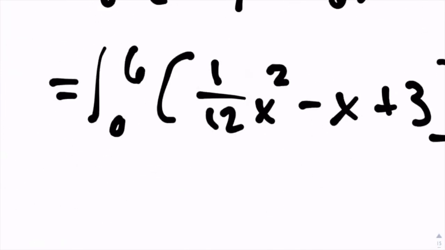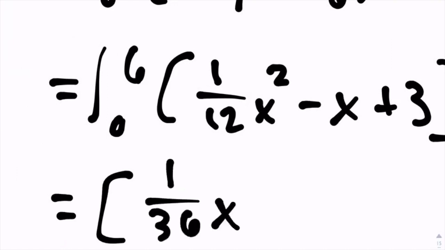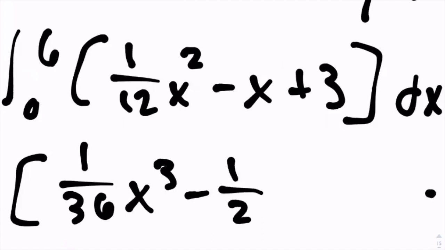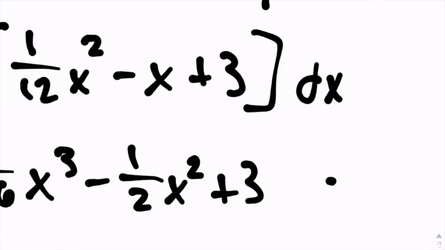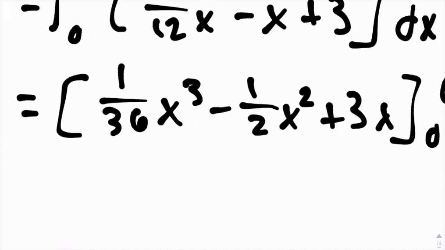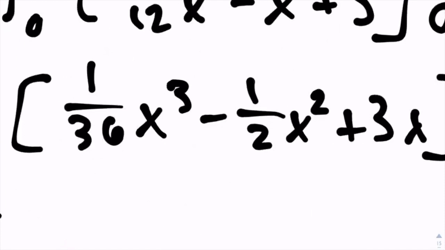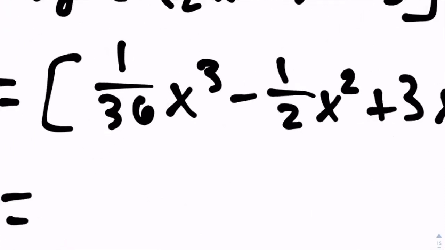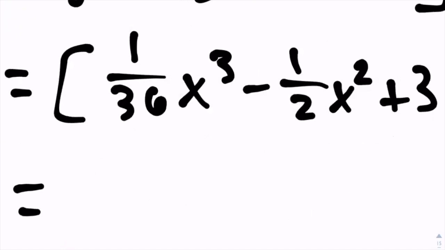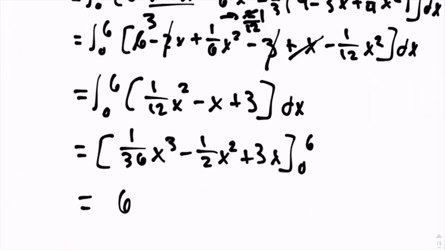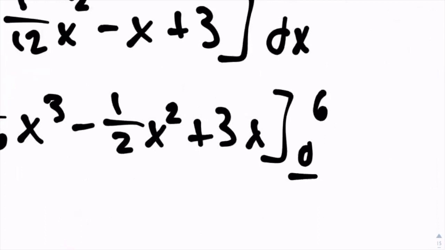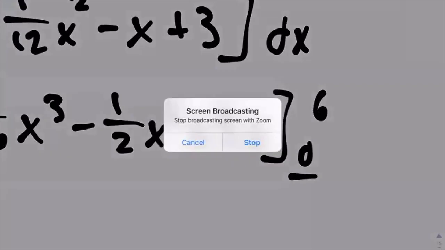And from there, all we gotta do is integrate with respect to y. Integral of x squared is 1/3 x cubed, sorry. So 1/36 x cubed minus 1/2 x squared plus 3x from 0 to 6. We know 6 squared is equal to 36. So all we're left with is one factor of x. So we get 6. Oh, and also, since we have 0,